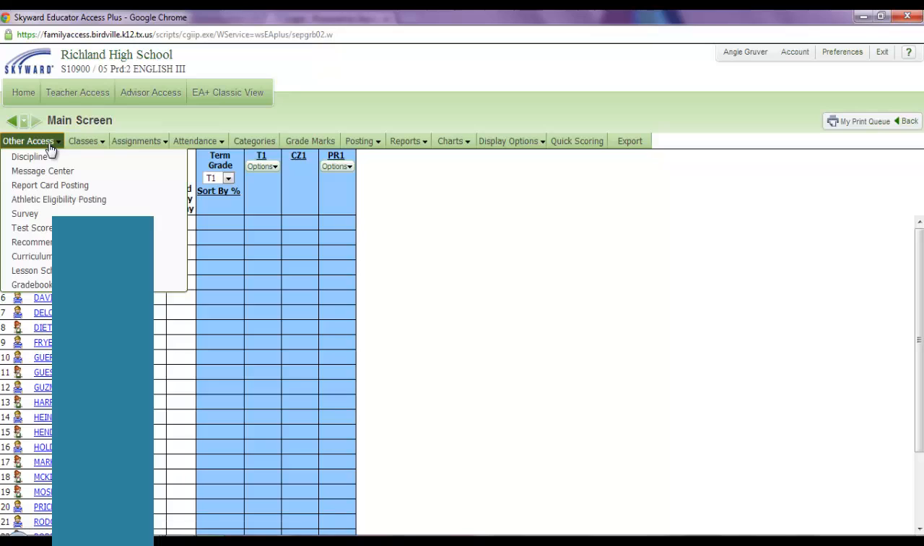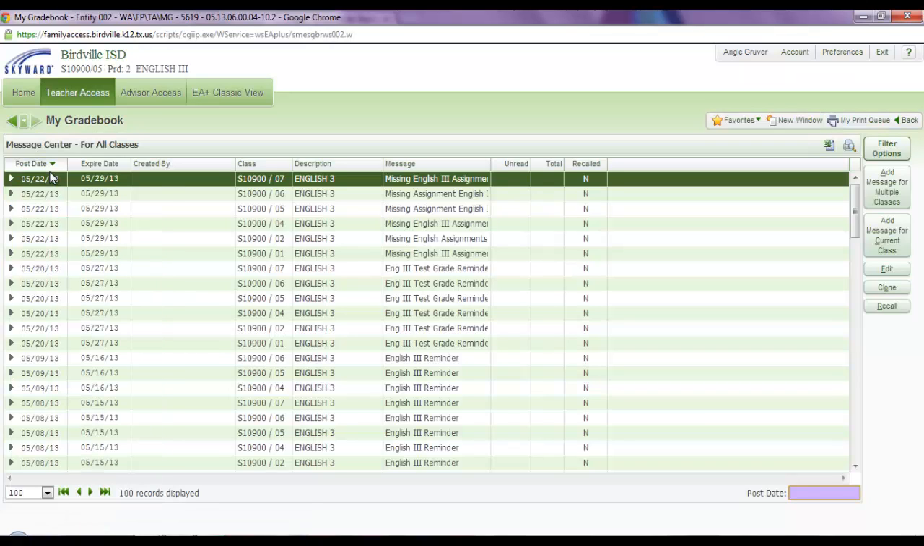And from your class period, if you click on Other Access, scroll down to Message Center. And there's two ways that you can do it. You can add messages for one message for multiple classes, or you can add message for current class. So I'm going to show you how to do both. So add message for current class